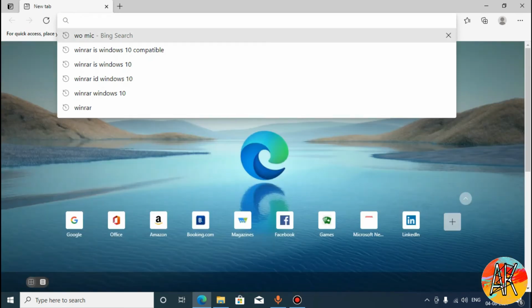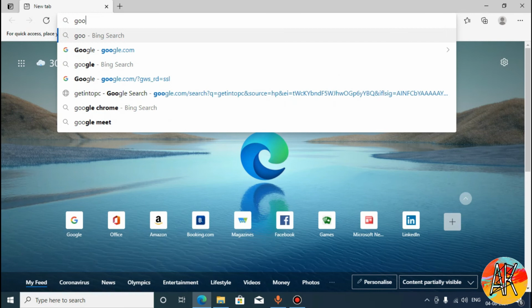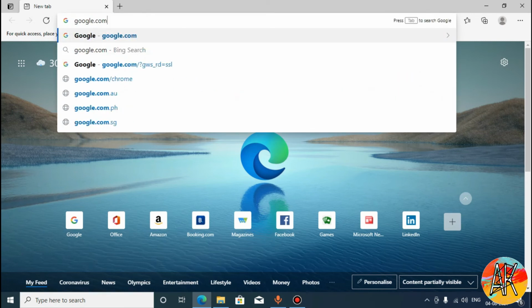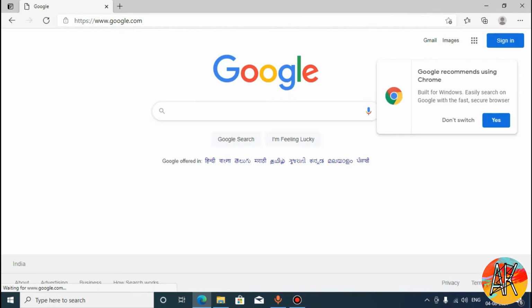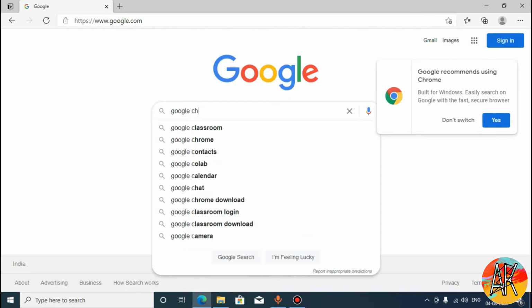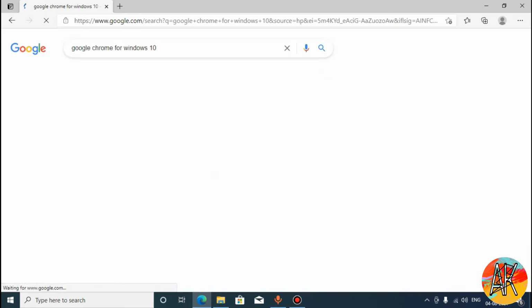So to install it, just search here for Google Chrome. First go to google.com and then search here for Chrome for Windows 10.